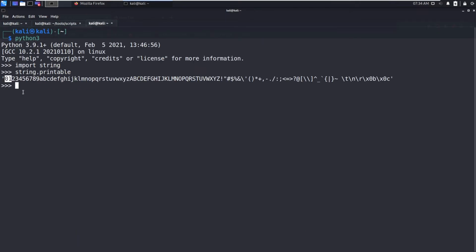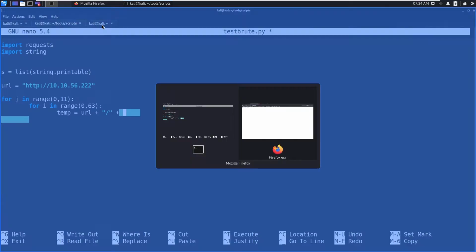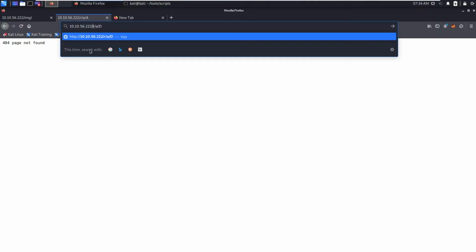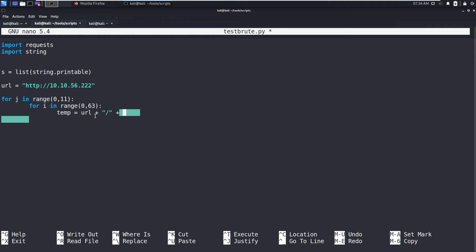In that way I want to check all these characters for the first URL, that is r, with s of i. We have made the temporary URL that takes this URL and appends the first character, and then we say r is equal to requests.get of temp.